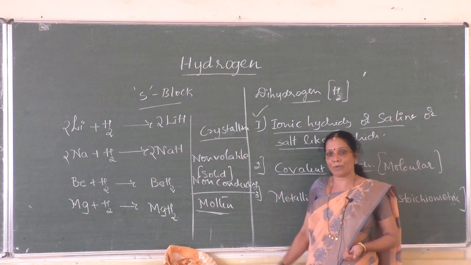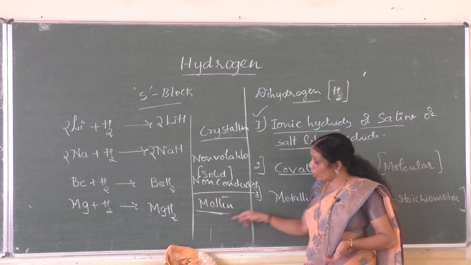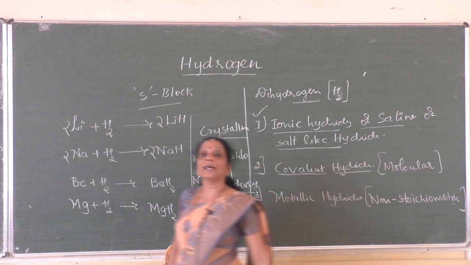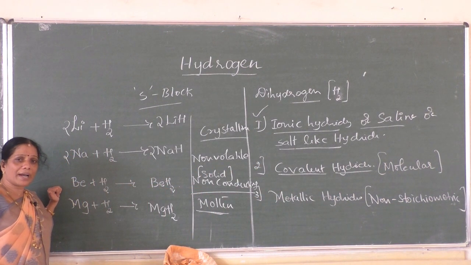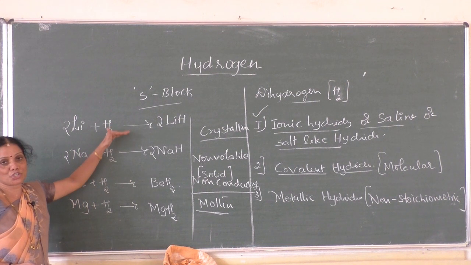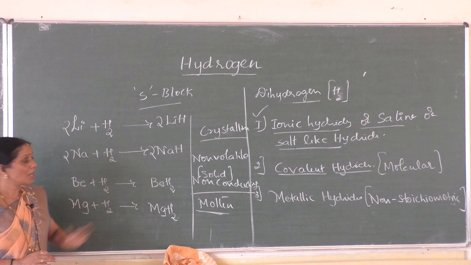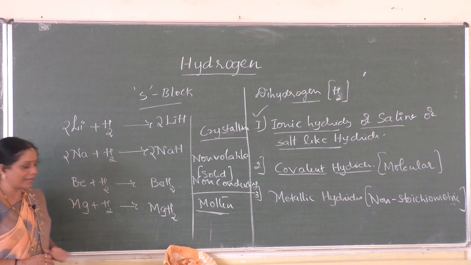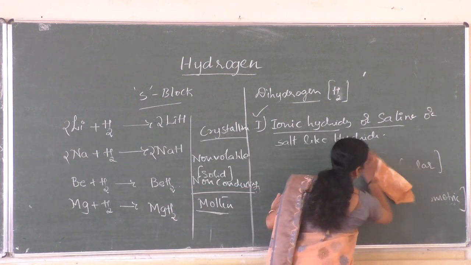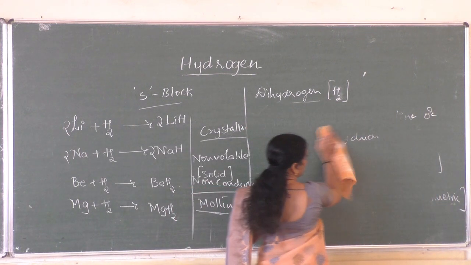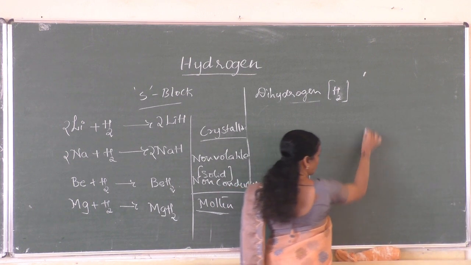Molten form, molten state. Molten state is nothing but a melted form of a particular compound. In the molten form, they can conduct what? Electricity. That means if we subject any of the hydrides of the S block elements to the electrolysis process, for example, if I consider sodium hydride subjected to the electrolysis process, we know that electrolysis means we always have to use